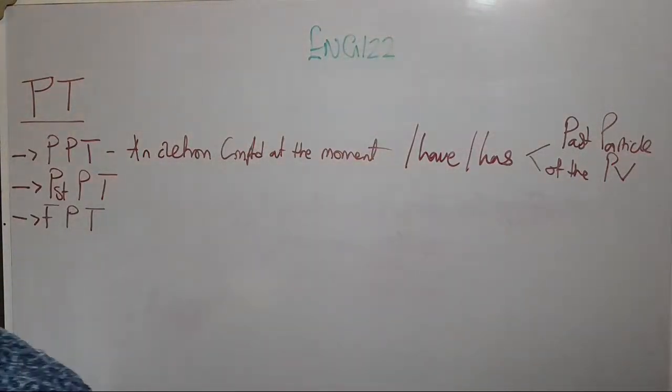Now let's take an example of that. I have spoken with the vice chancellor. I've spoken is the verb, and we have the first person. Take another one: you have worked for your promotion. You've worked, the second person. The driver has washed the car. Has washed is in the third person.